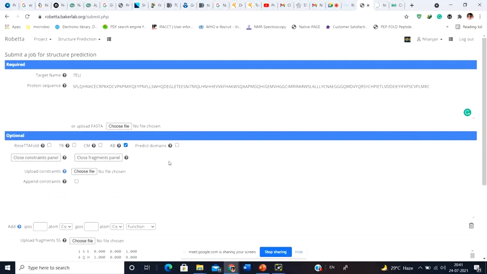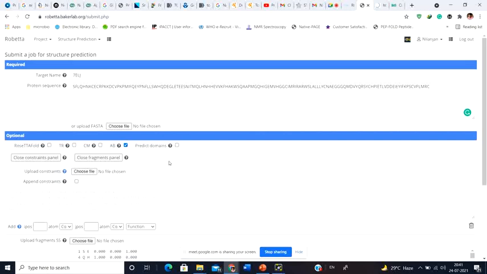Because from NMR it is really difficult to solve the structure of a very long protein. If you have a very small protein like insulin, or a protein length of 50, 60, 100 amino acids, you can solve the structure. Though solving a 100 amino acid long protein structure is really difficult, solving a structure of 30, 40 amino acids long is possible in NMR. But if you have a protein of 1000 amino acids, it is impossible to solve the structure using NMR. But using NMR you might get certain constraints.